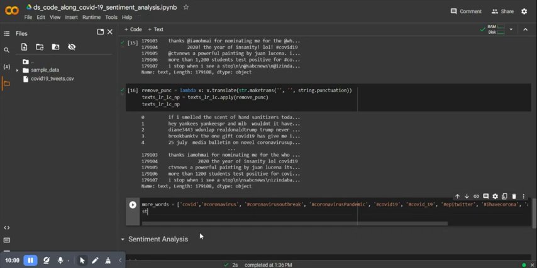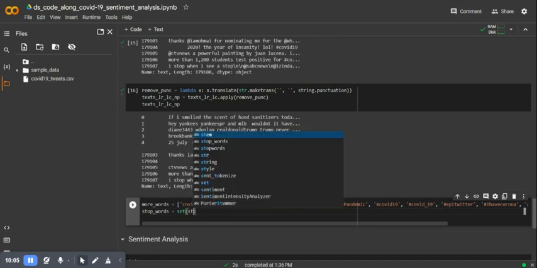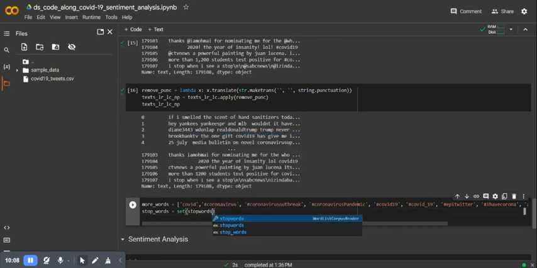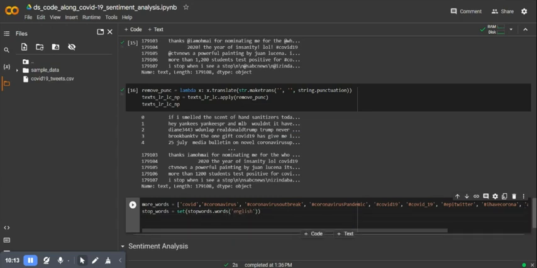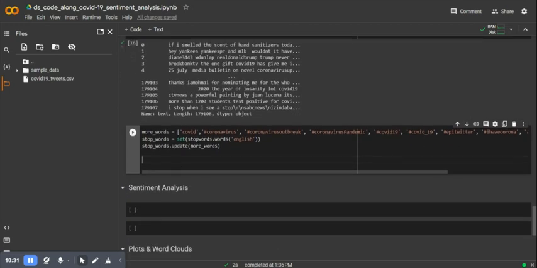Okay, so stop words. We're going to use a set, and it'll be stop_words, words, and we want English. stop_words.update, and we're going to pass in more words that we've set here that you should have now if you've stopped the video and copied them. It would be an interesting experiment to leave them in and see how it affects the output compared to this one. Okay, so now we're going to remove the words, and again,